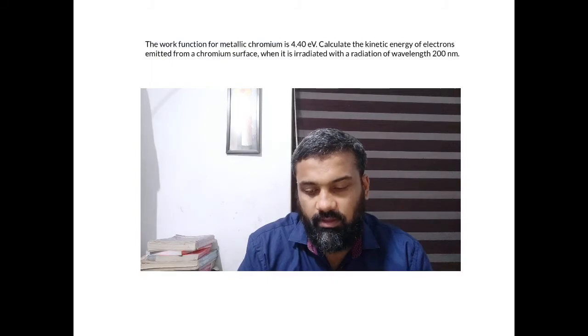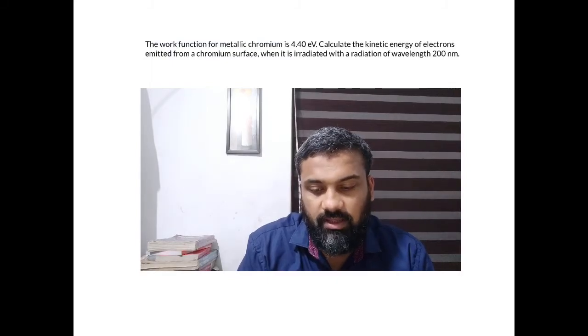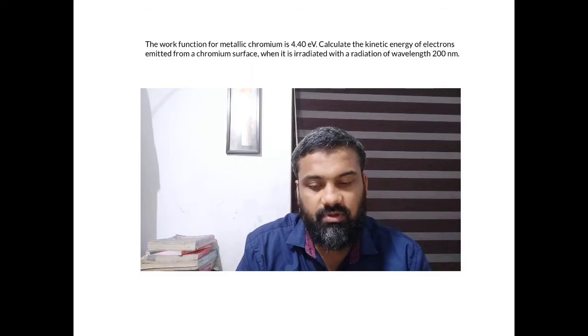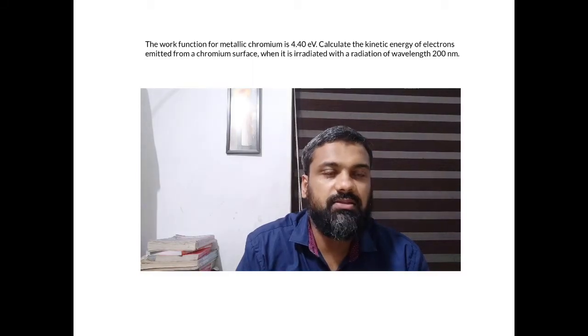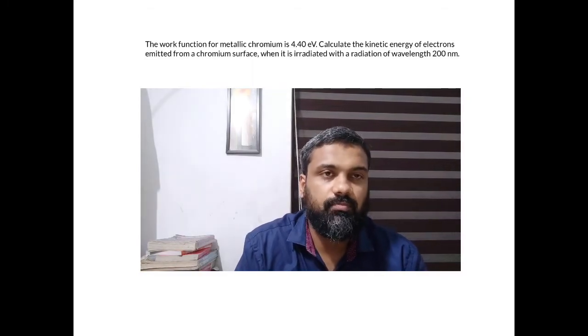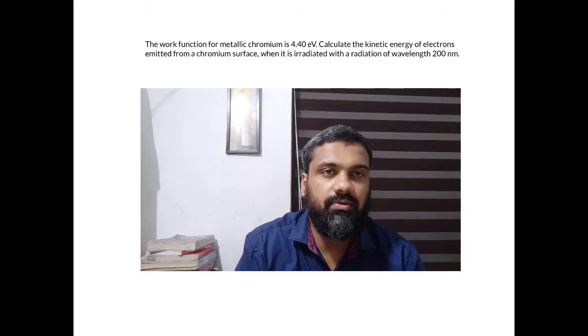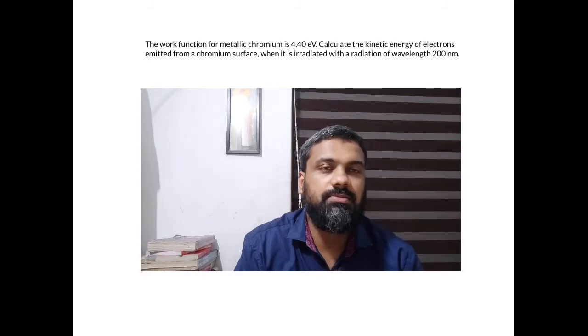Dear students, now I'm going to solve one problem from quantum mechanics. The work function for metallic chromium is 4.4 electron volt. Calculate the kinetic energy of electrons emitted from a chromium surface when it is radiated with a radiation of wavelength 200 nanometer. We know if we radiate a certain frequency of radiation on metals, that radiation can emit the electron